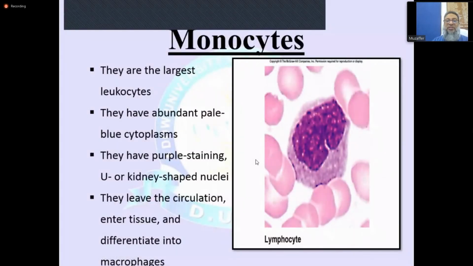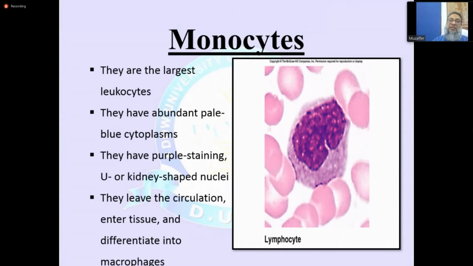Mostly we ask students about the cell which is different from its original shape and name. It is the monocyte which migrates and becomes macrophages, and there are different types according to the site of invasion. If they are present in the liver, they are known as Kupffer cells, if you recall. If they are present in the lung alveoli, we call them alveolar macrophages. If they are present in the brain, they again have a different name.